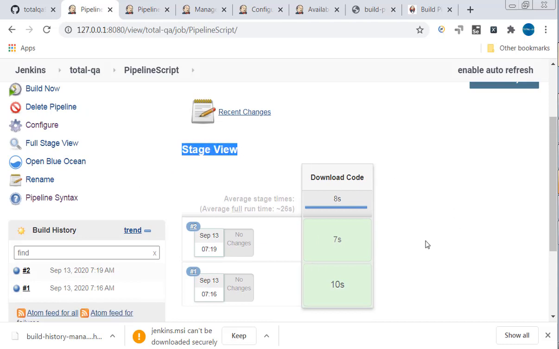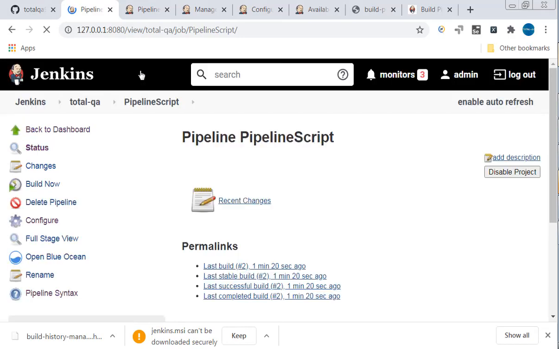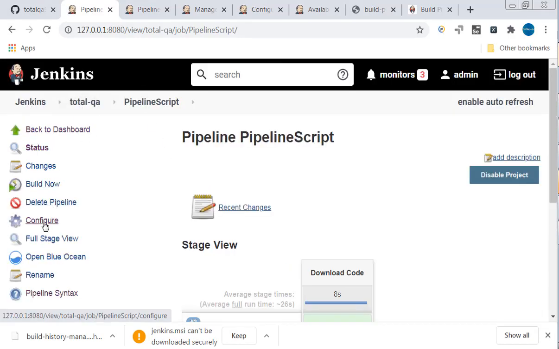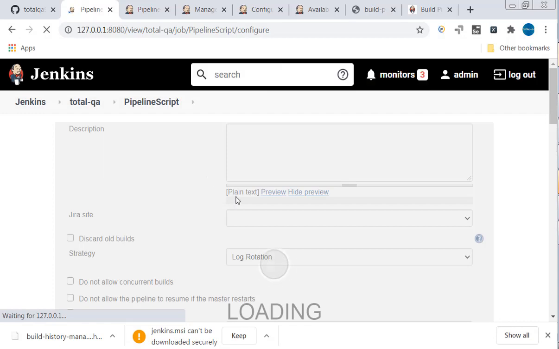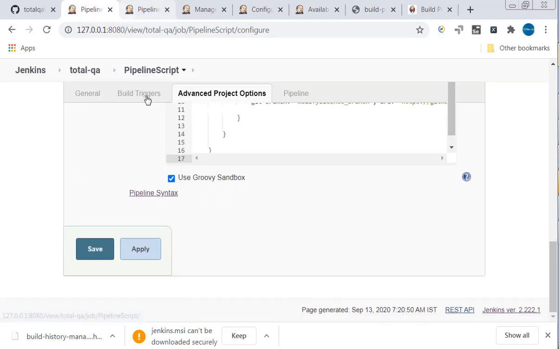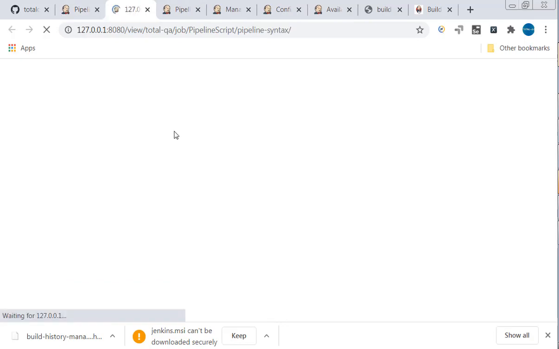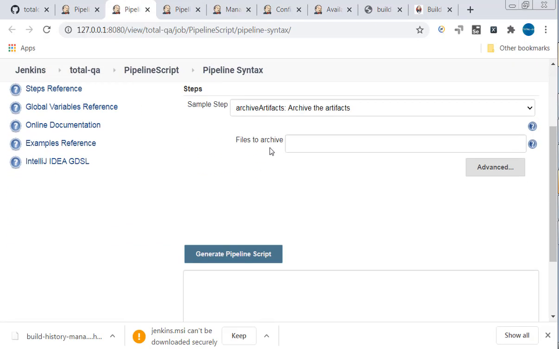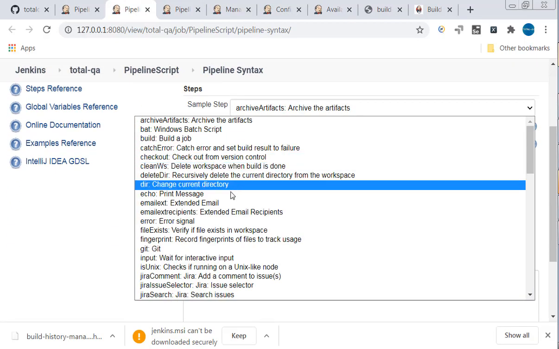And you can see the stage view. When you open this, you can see the stage view because download code is the stage name which we had given in the script. And not only that, you can execute any command, especially by generating via snippet generator. Configure. You can scroll down, find the snippet generator. As I said, the snippet generator, the pipeline syntax, will be helpful for you to execute any command.